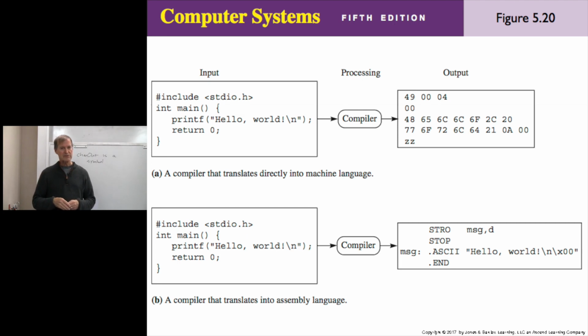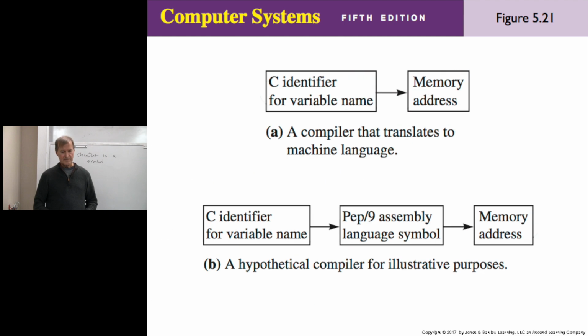And then it would take an assembler to go from the assembly language to the machine language. Is everybody clear on how that works? So every computation takes input, does processing, and produces output. And this is the computation that's done by a compiler. Does everybody see how that works? Okay. So like I said here in figure 5.21, instead of doing it as in part A, a compiler that goes directly to machine language, we're always going to go from HOL6 to PEP9 assembly language, and then